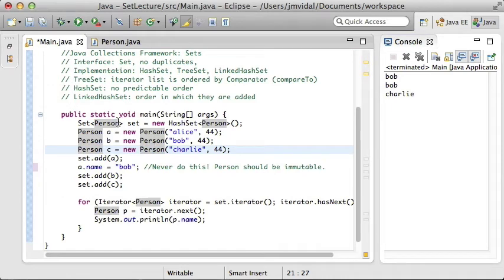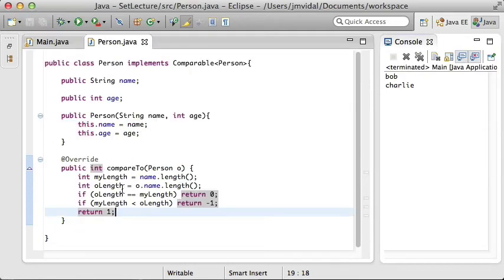So when you do an add A, the set implementation has to determine, is this A equal to this guy who's already there? Is it equal to this other guy? Is it equal to this other guy? And so how does it do that? Well, the TreeSet is going to use my compareTo method, right? So that is why compareTo is going to tell me,